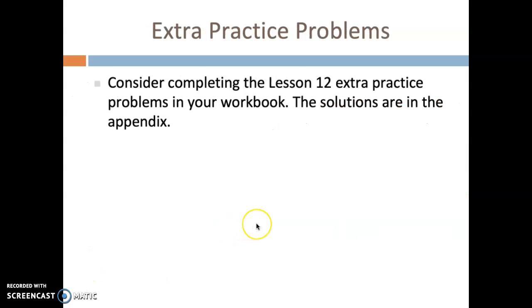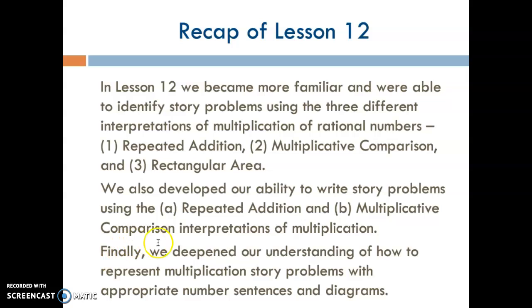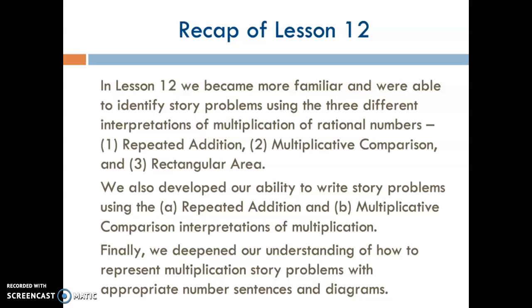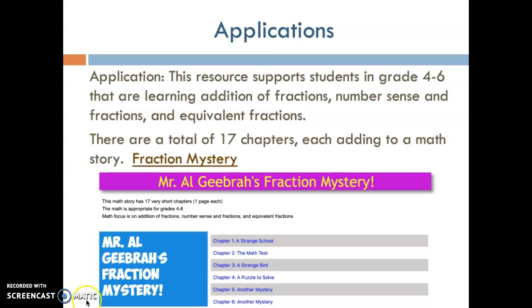If you wanted some extra practice on lesson 12, you can go right ahead and do that. The extra practice in your workbook and the solutions are in the appendix. The recap of lesson 12 is here as well as in our submodules of lesson 12. And then the application information. And there is one additional resource, and